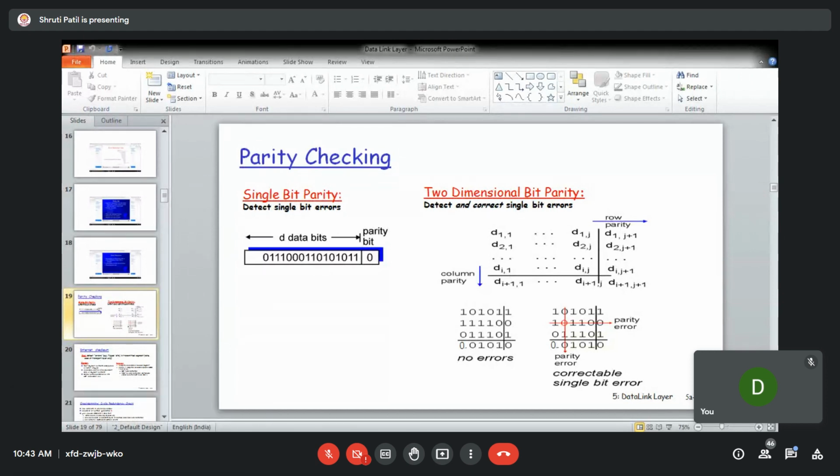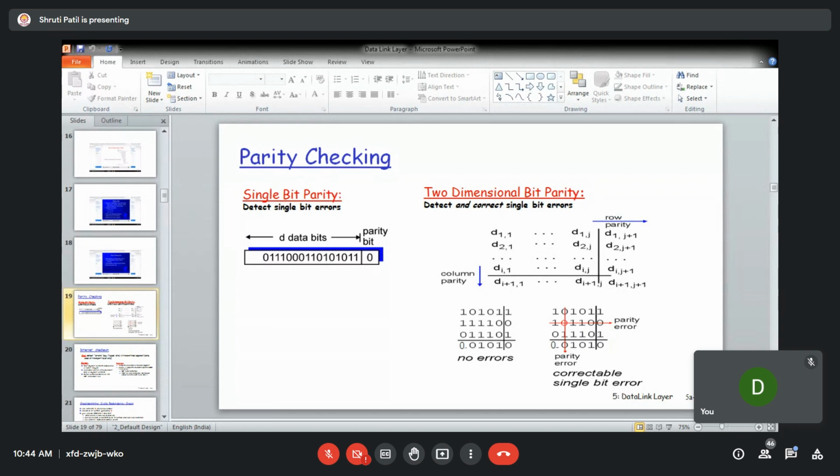Now here, what is this D, what is this R, how to calculate this R? There is a generator polynomial. The data bits D is a binary number, and this is the number of binary digits which are there in the data.